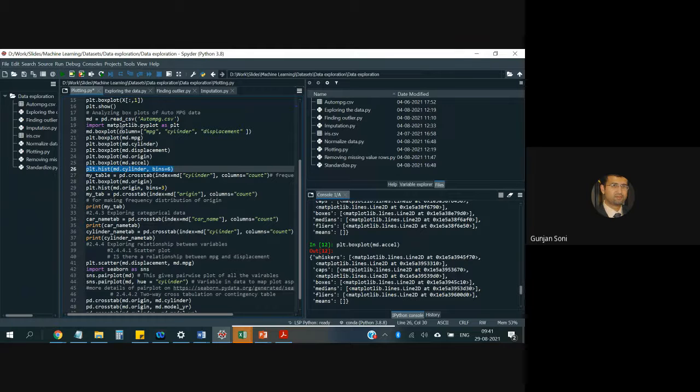Before that we have to import it, and we generally give it the name plt. So plt.hist will give me md.cylinder. That means for data frame md, I'm taking out the column which is representing cylinder, and bin 6 means, any idea what bin will represent?